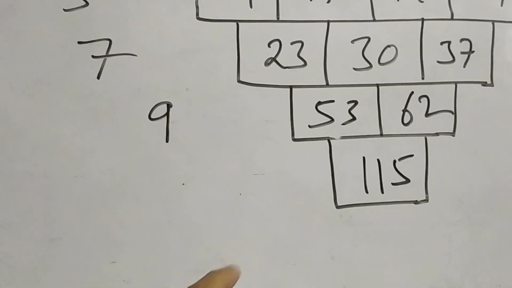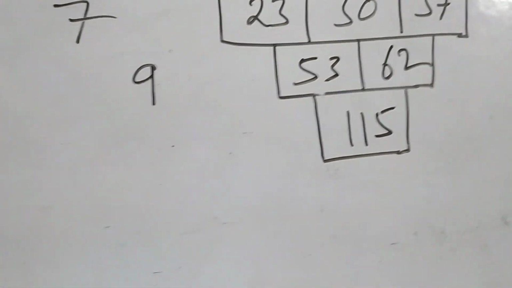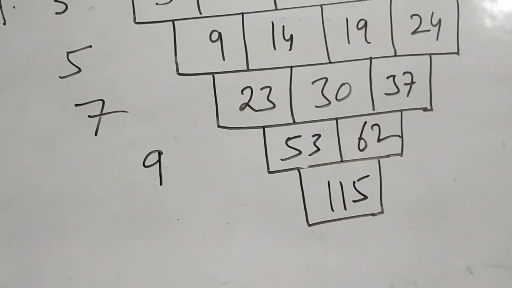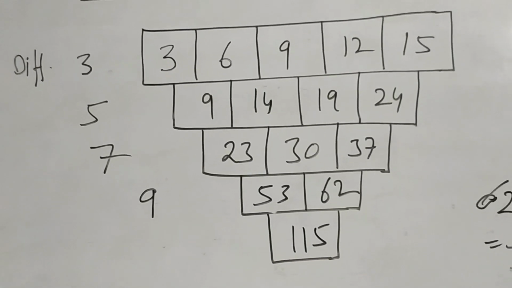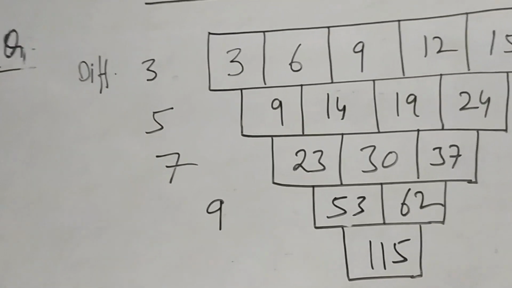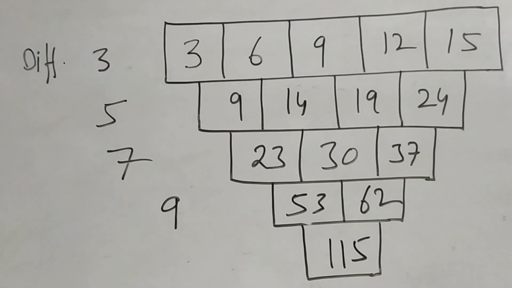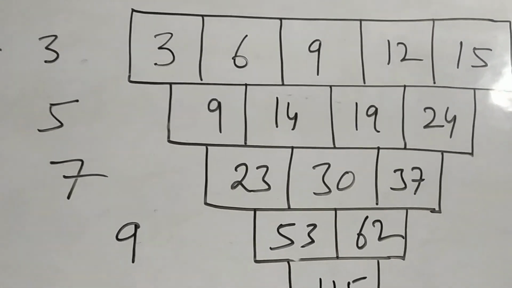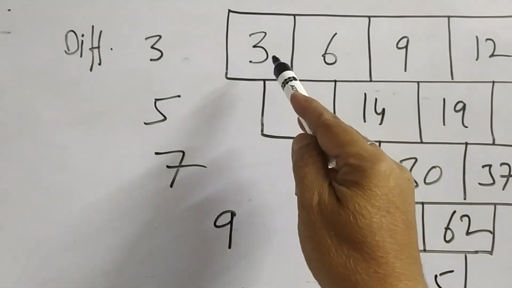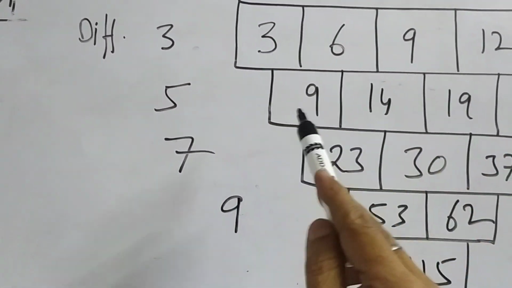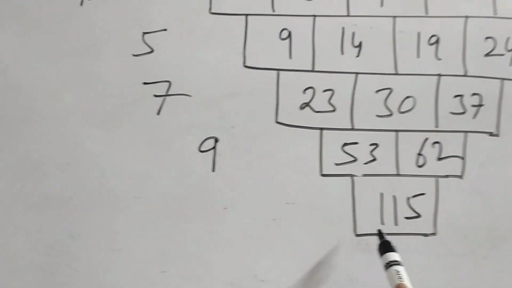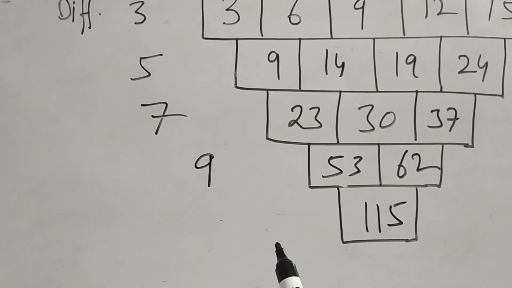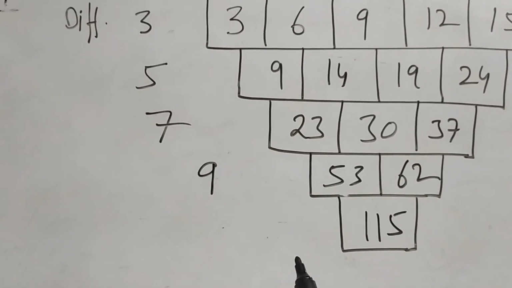Cross check. Since here there is no other number, the difference cannot be checked. Otherwise, if we could check the difference, there would be no need for any extra cross check. But here we have to search for another cross check. This difference is okay, this difference is okay, this difference is okay, but here we cannot talk about the difference. So what may be the next check?